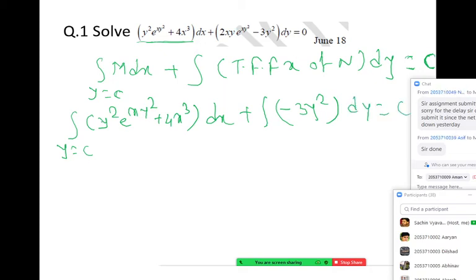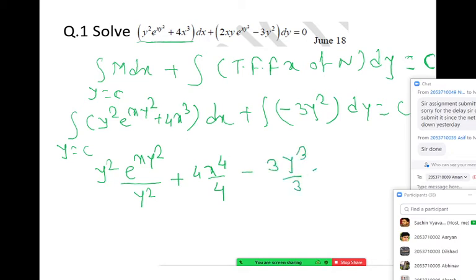So now last step, we have to integrate this, treating y like a constant. So y square as it is. Integration of e raised to xy square is e raised to xy square divided by y square. And this is 4 x raised to 4 by 4. That's the integration of this term. And minus 3 y cube by 3 is the integration of that. So if we simplify everything, the final answer will be e raised to xy square plus x to the 4 minus y cube